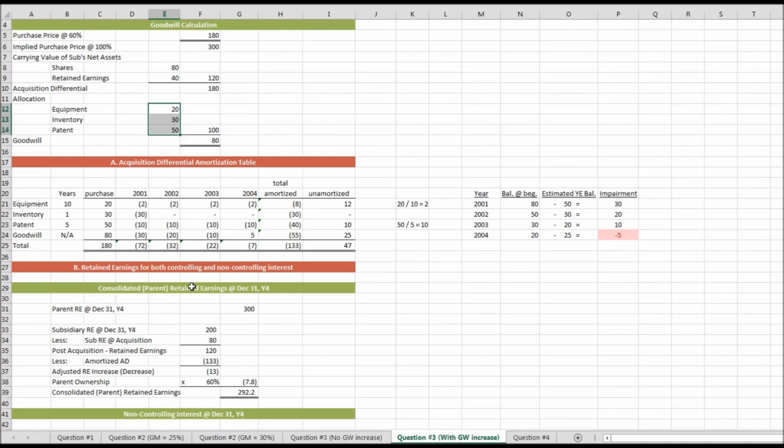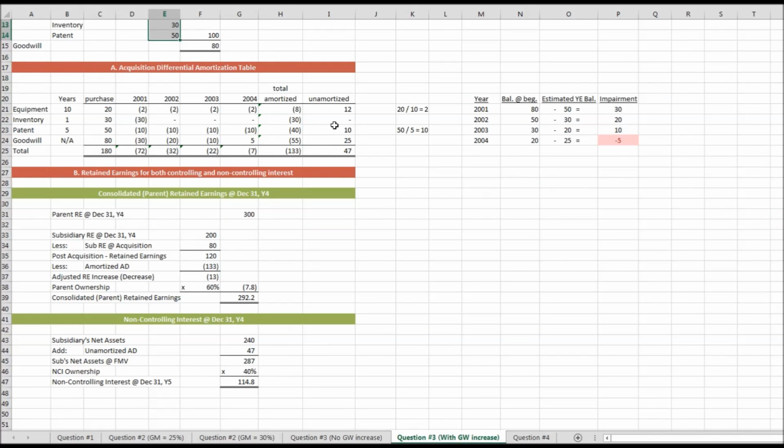But what we're going to be doing is recognizing that amortization did happen, but from sort of a back end. So we add the unamortized amount right here. This is the fair value excess that's left to add. So we add that in, and we get 287 of the sub's net assets at fair market value. So we're just simply adjusting it to fair market value after it's been amortized from 2001 to 2004,